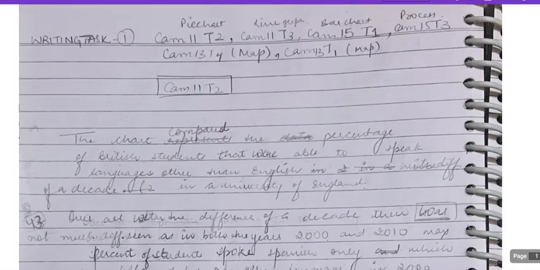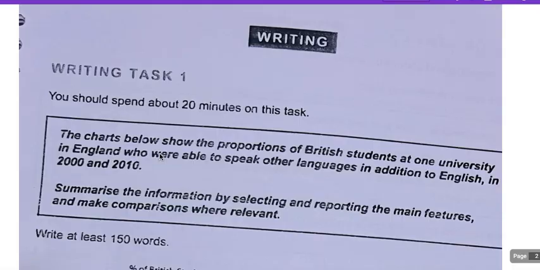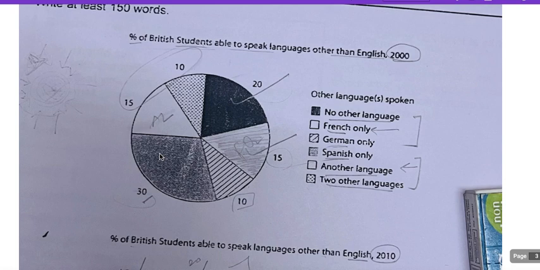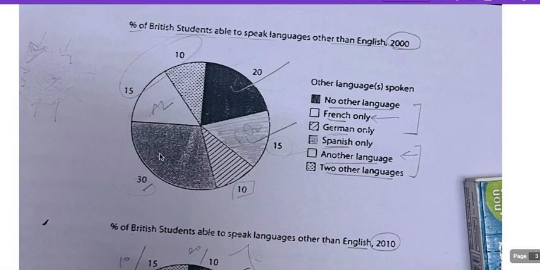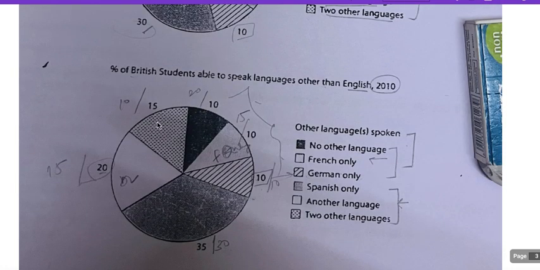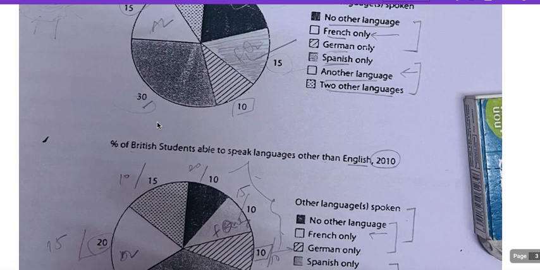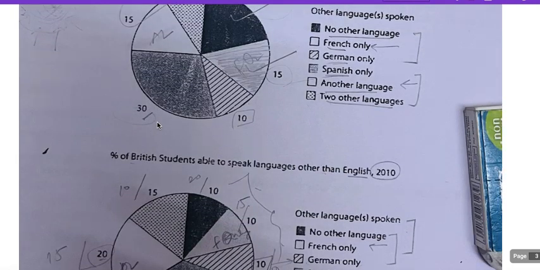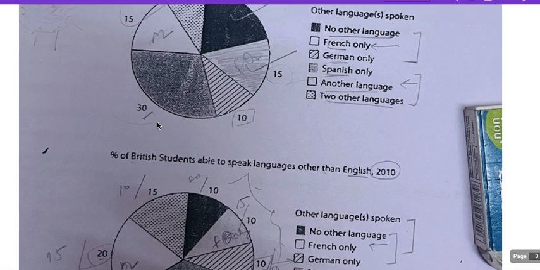So let's see what the question is. Yeah, got it. The percentage of British students able to speak languages other than English. No other language, and then this gray is Spanish only. 30%, 20%. Okay, the percentages are also given. And this has increased. No other language has fallen down. 15%. This is the same. White is increased. French only has increased. And another language is, I think,